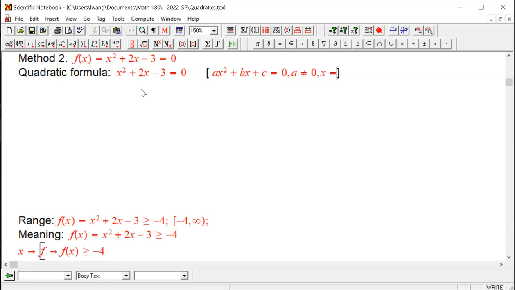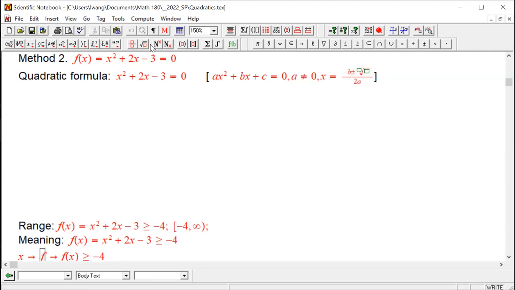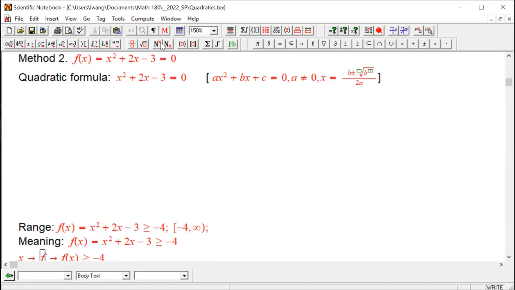And the quadratic formula tells us, I know some of you even know how to sing the song: negative b plus or minus the square root of b squared minus 4ac,